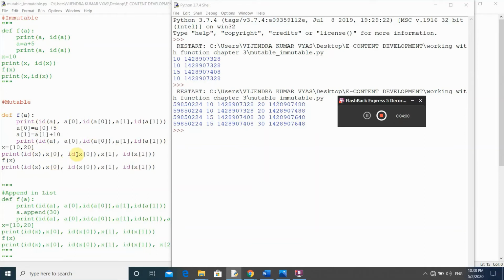So let us check the output of this program.